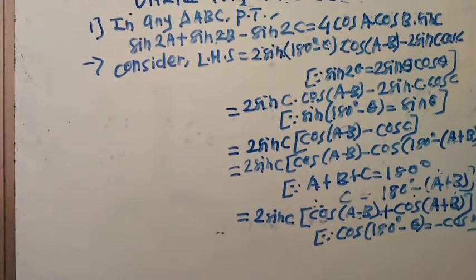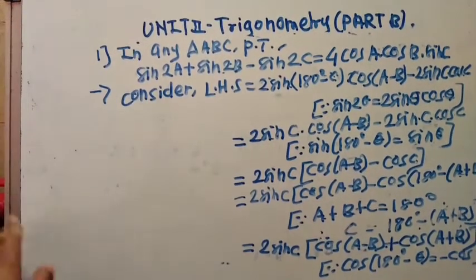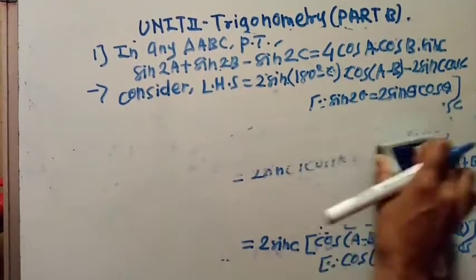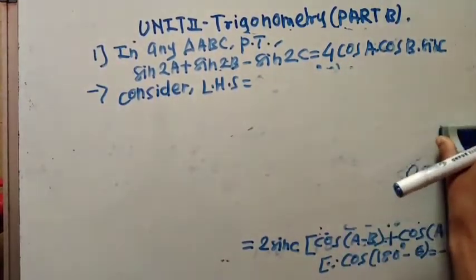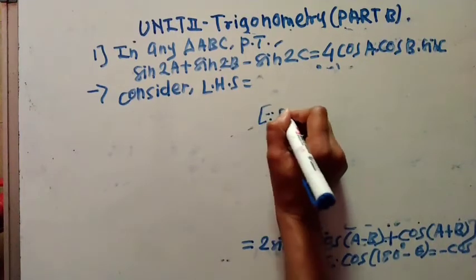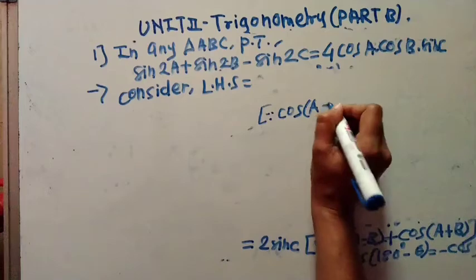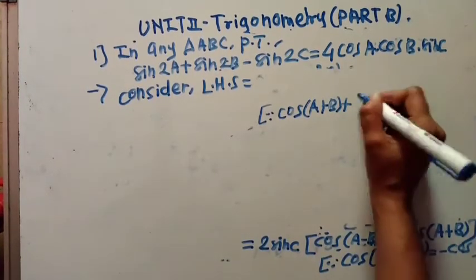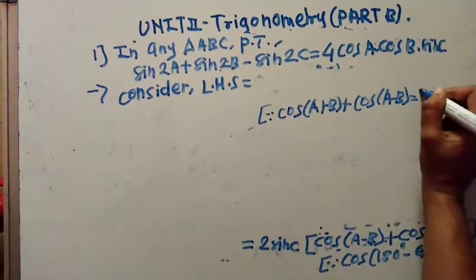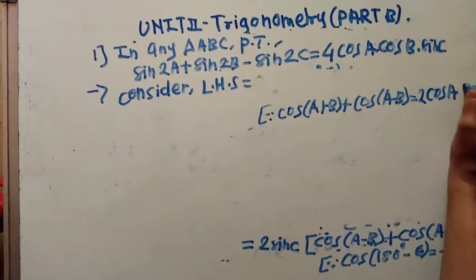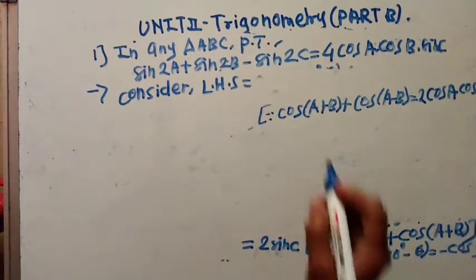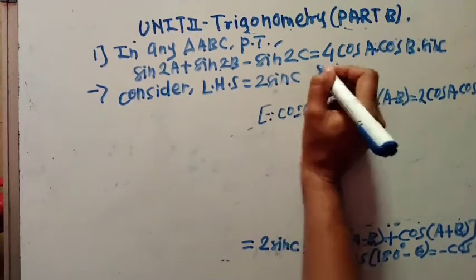But this is the formula for cos (A plus B) plus cos (A minus B) is equal to 2 cos A into cos B, which is the formula, put in this 2 cos A into cos B, hence 2 sin C in bracket